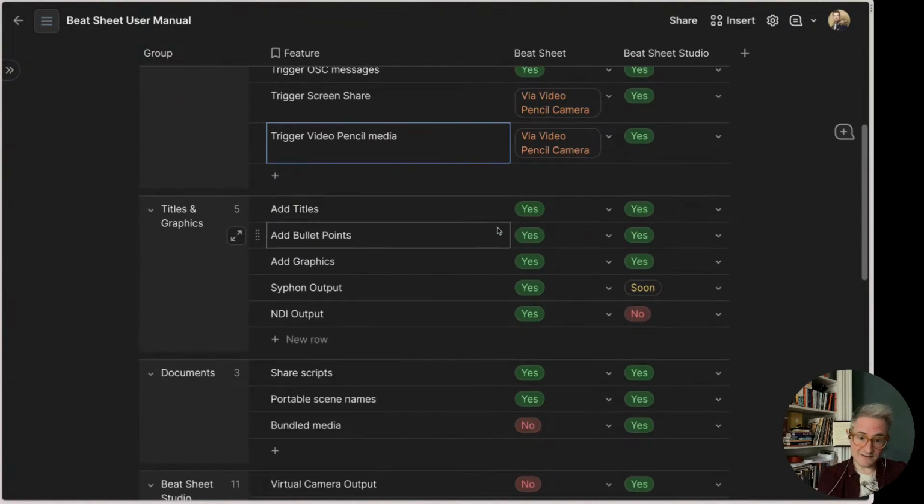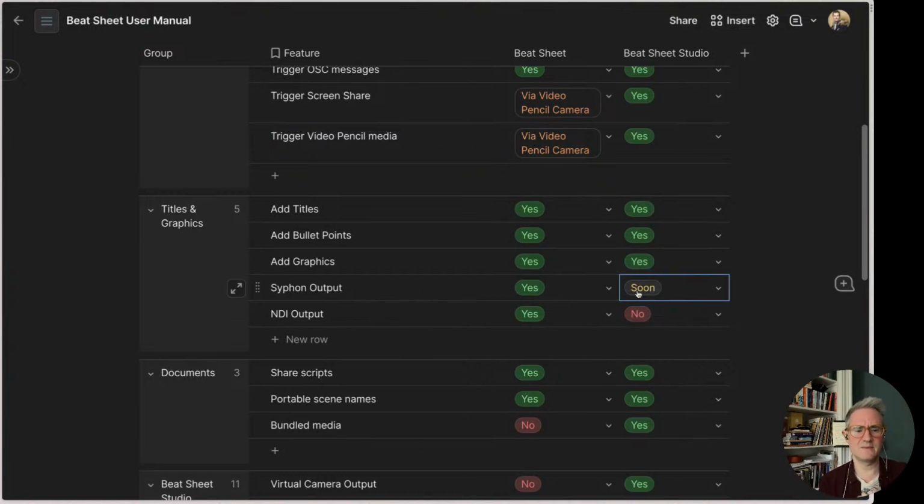And then titles and graphics. Yep, both of them do that. Both add bullet points, both can add graphics. Both have a Syphon output. I haven't quite got it working in BeatSheet Studio yet. And then the NDI, actually no, for BeatSheet Studio,